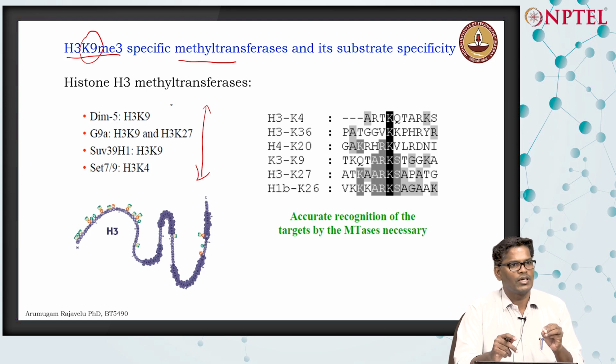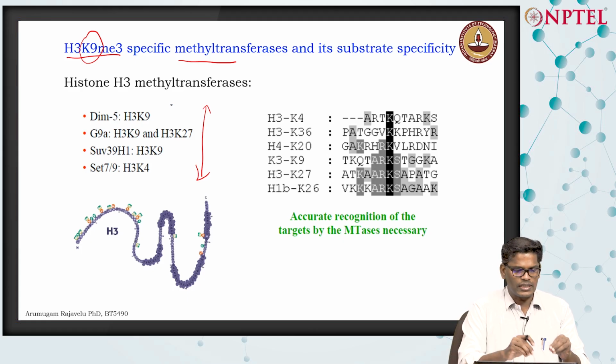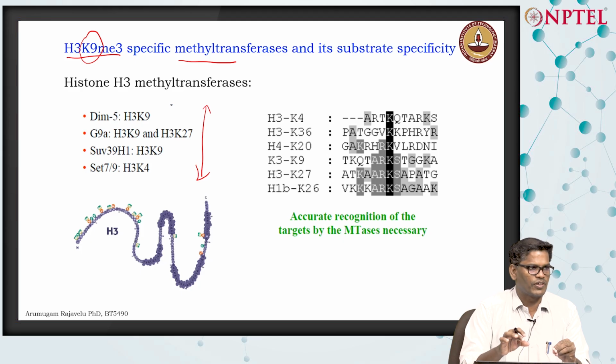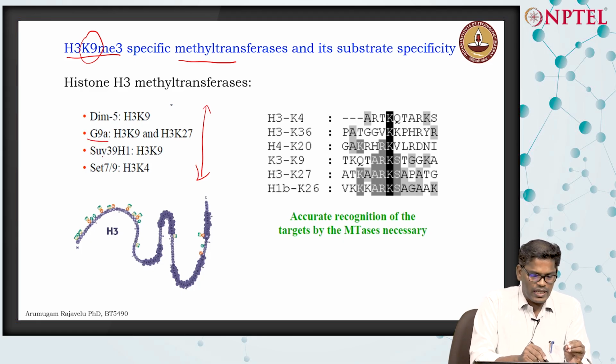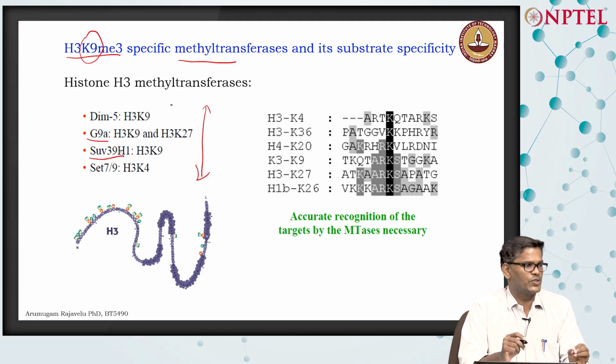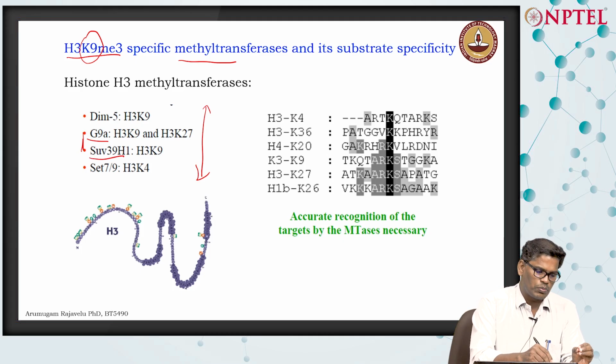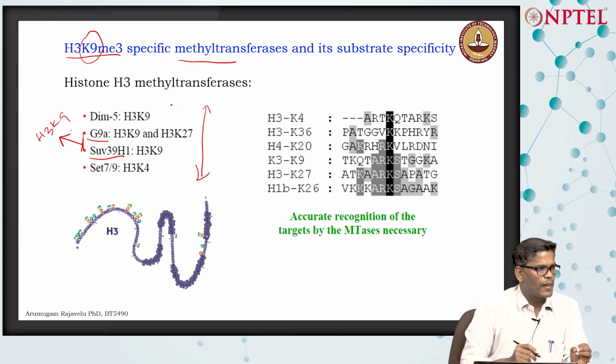Okay, these are the enzymes known for a gene activation mark. How do they activate? By methylating some positions. These are the epigenetic enzymes with repressive function. How do they do it? By methylating some positions. So the major enzymes in human are G9A and SUV39H1. These are the two proteins in human that methylate histone 3 lysine 9,